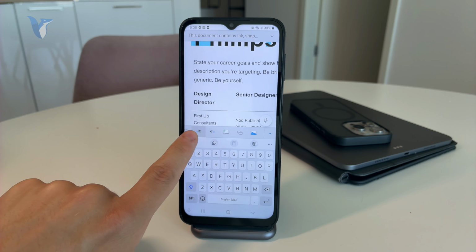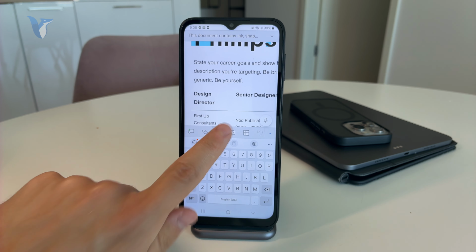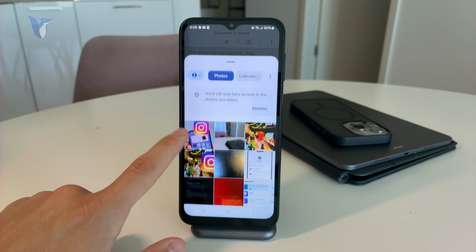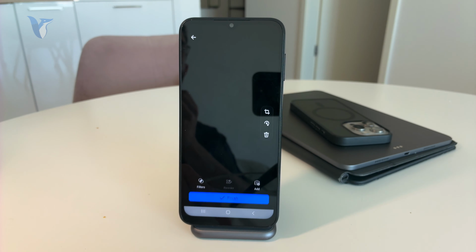But if you keep on scrolling in here, you will eventually get to the picture right there. So you're going to tap on the picture icon like so. It pulls up the gallery, right? So you can choose any image from your photos library like this one, click on it, done, and it will bring it over